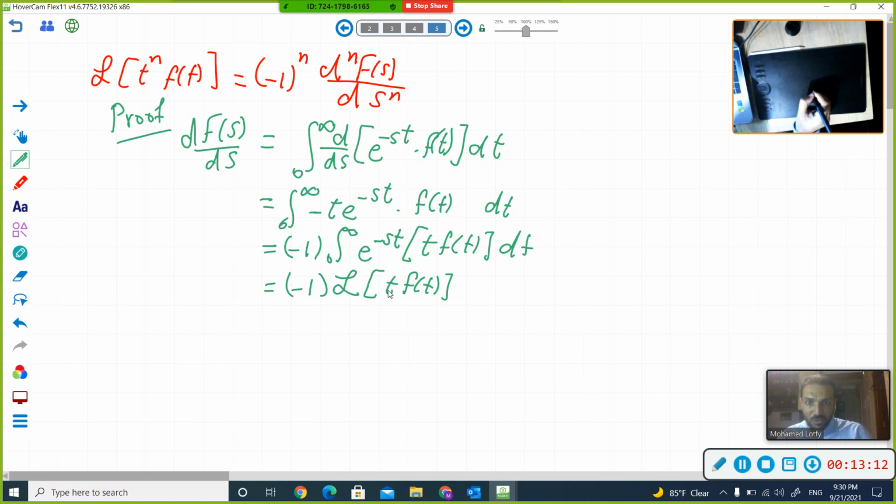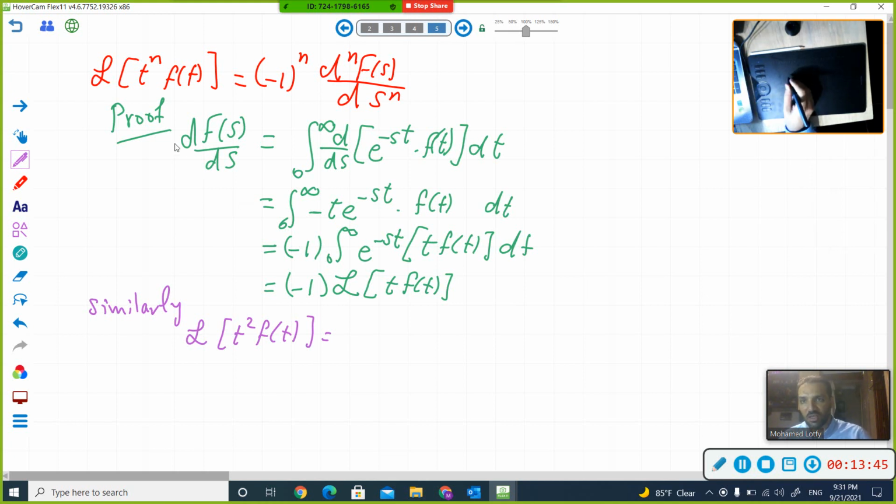So we have finalized the derivation. The Laplace transform of t to the power 1 times f(t) equals minus 1 times dF(s)/ds. Similarly, for the Laplace transform of t squared f(t), we do the same. We start with the second derivative d²F(s)/ds², and this t becomes t squared, and this minus 1 becomes to the power 2. So it equals (-1) to the power 2 times d²F(s)/ds², and so on,